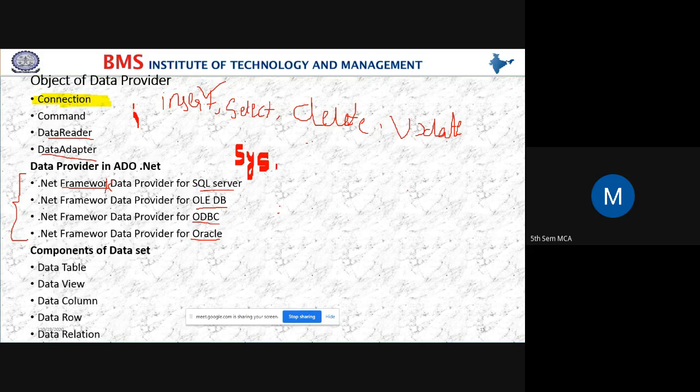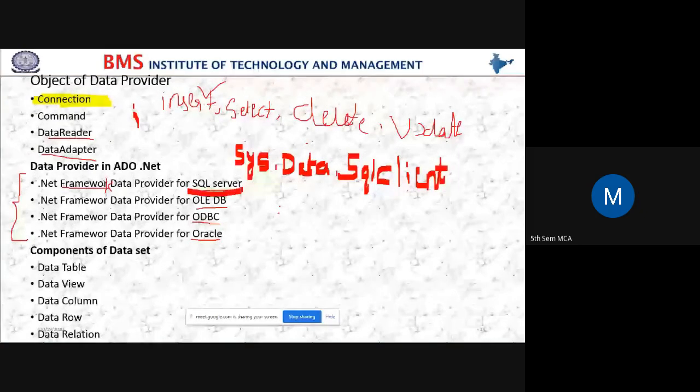System.Data.SqlClient is the namespace you have to include in the program to use a SQL Server data provider.